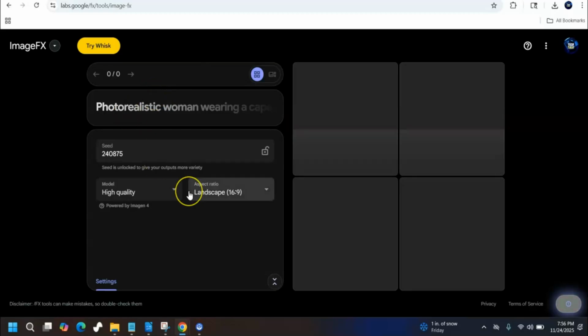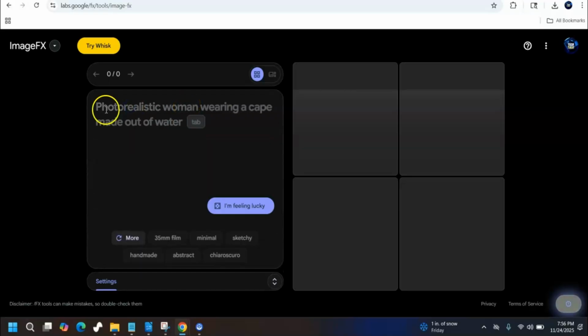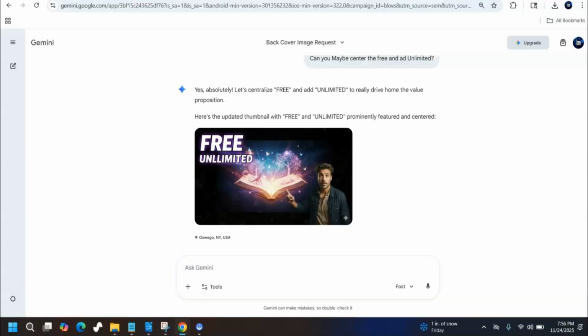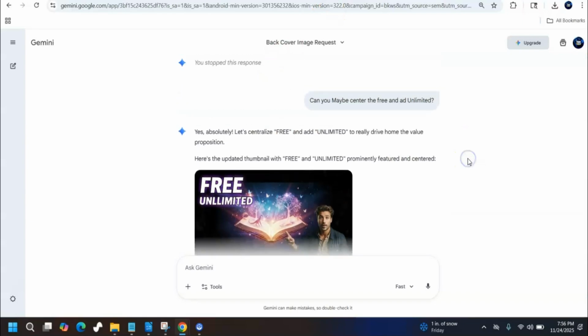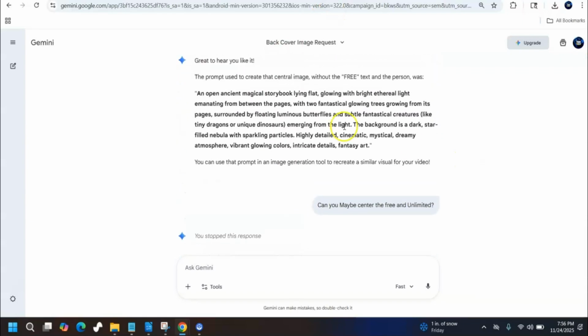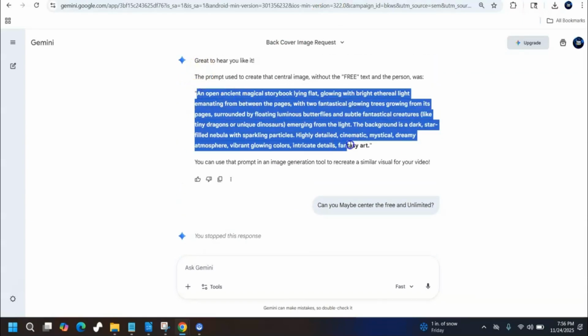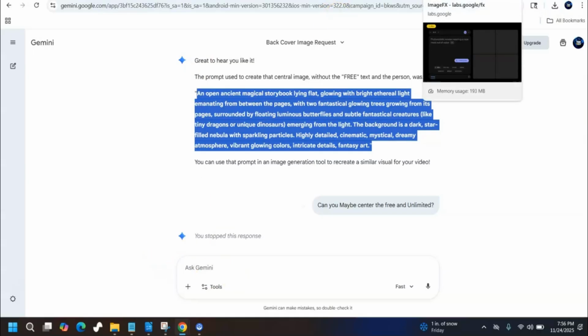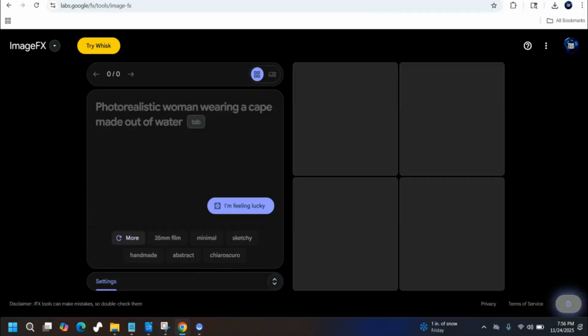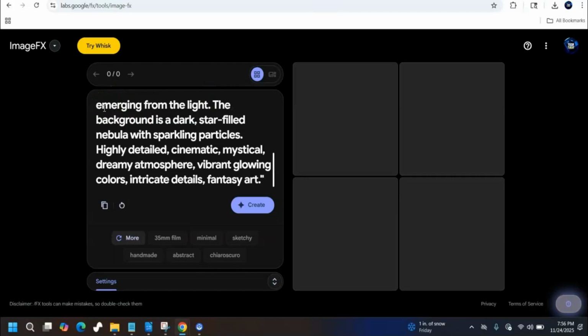All right. So anyways, this is Image FX. And the cool thing is that you can literally just click in here and, for example, I can take this. You can use Gemini to create these prompts, and it's pretty simple. I can go Control Copy, and I'll show you real quick, and then I'll come back and show you the prompt. If you don't want to stick around, that's fine. I get that. So I'm going to go ahead and Control V, and now keep in mind before you hit Enter,